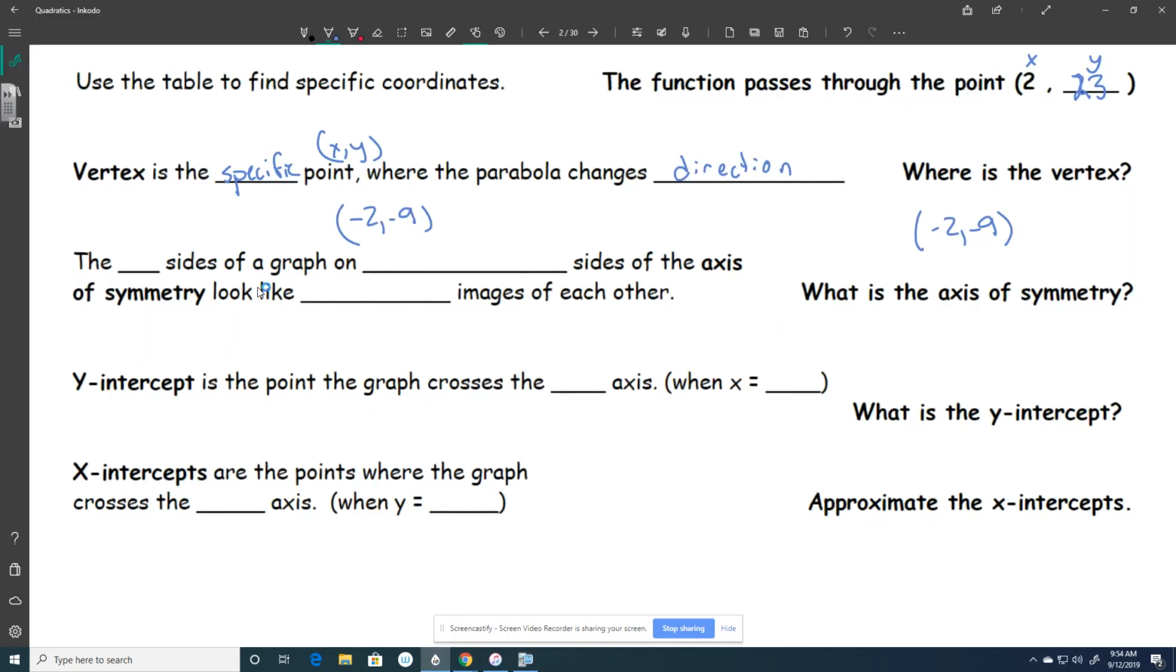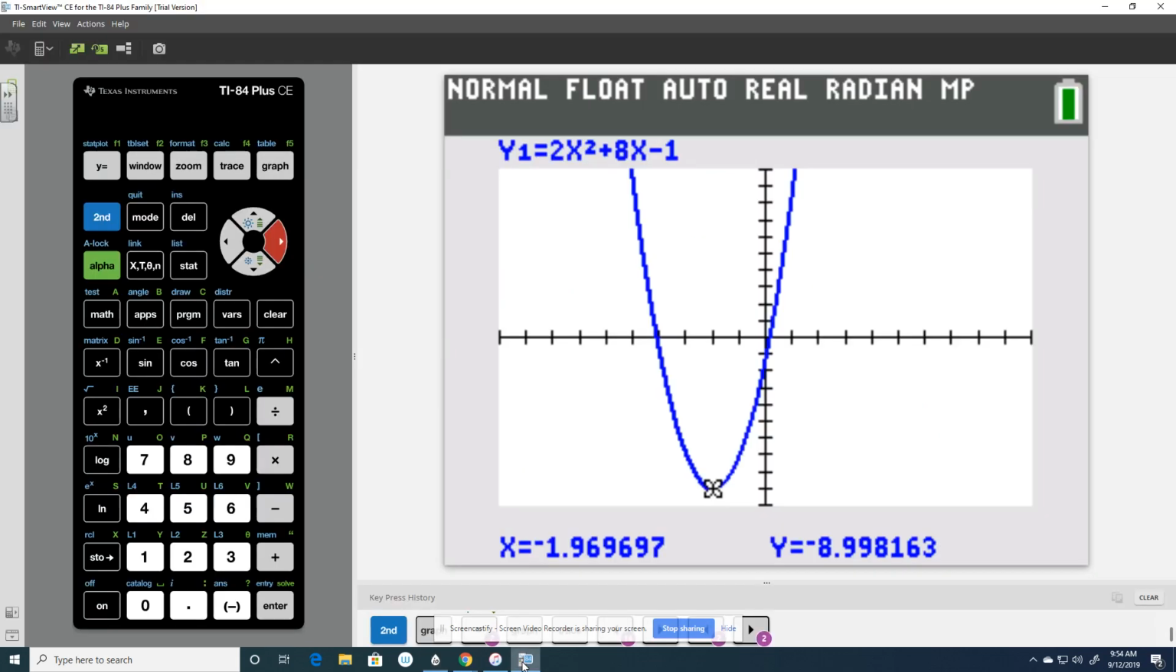Okay. Moving on. Now the axis of symmetry. Again, something new this year. The two sides of a graph on opposite sides of the axis of symmetry look like mirror images of each other. In other words, when I look at my graph,